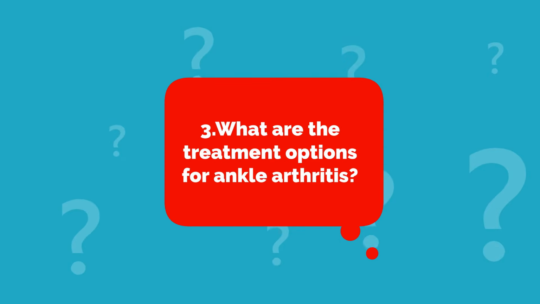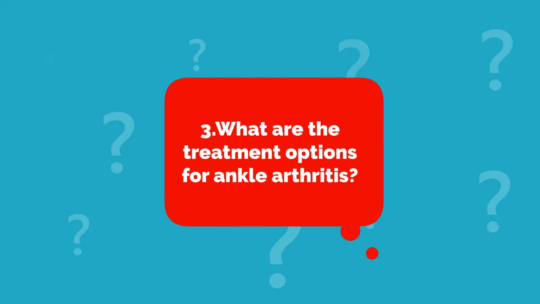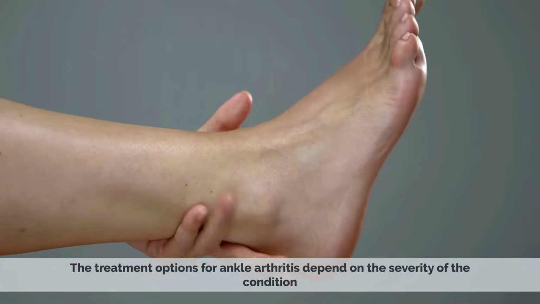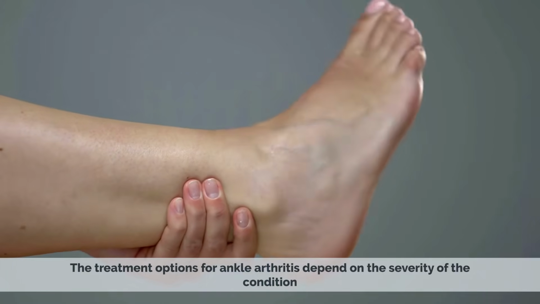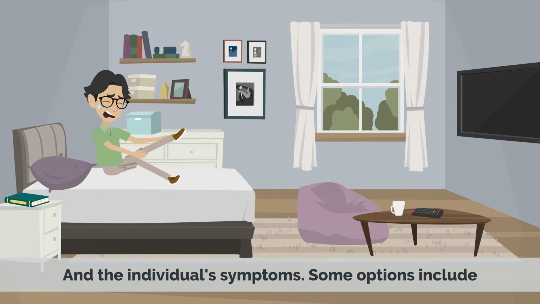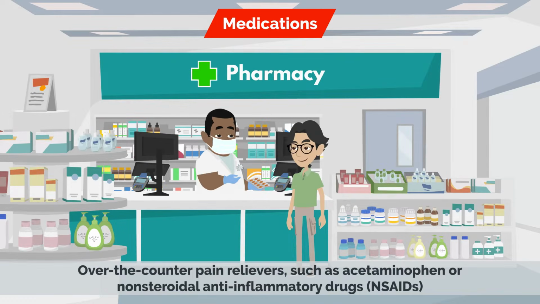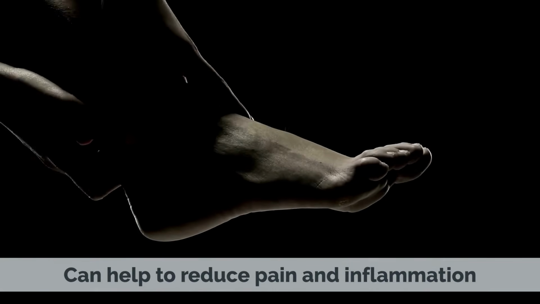3. What are the treatment options for ankle arthritis? The treatment options for ankle arthritis depend on the severity of the condition and the individual's symptoms. Some options include medications. Over-the-counter pain relievers such as acetaminophen or non-steroidal anti-inflammatory drugs, NSAIDs, can help to reduce pain